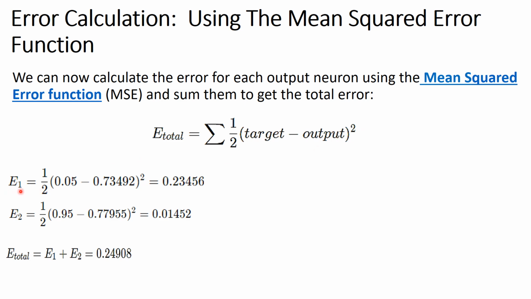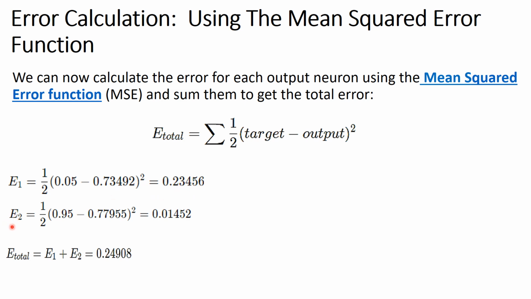E1 equals half 0.05 minus 0.73492 all squared. This is the target, and this is the output from neuron O1, the value we have just calculated, and this is the result,